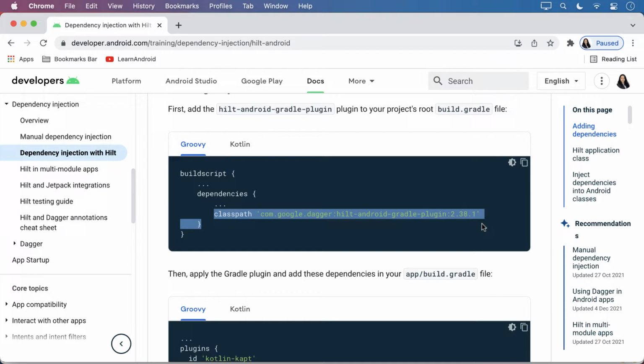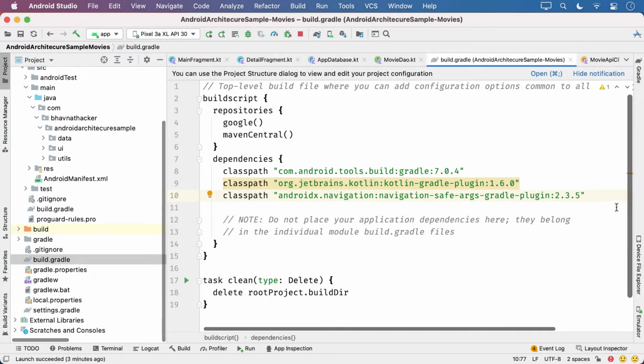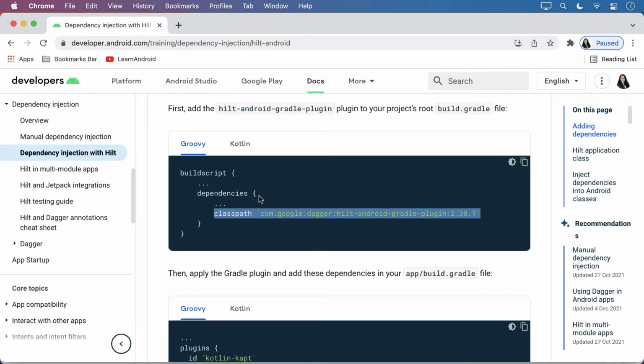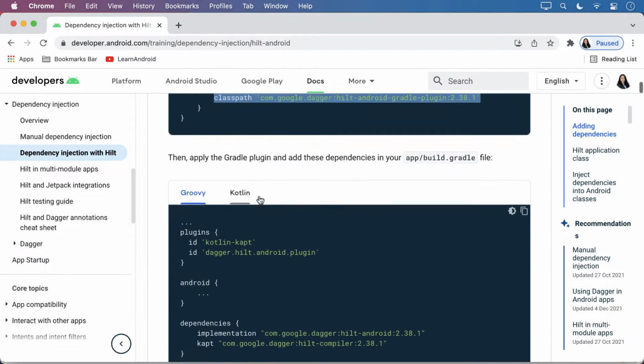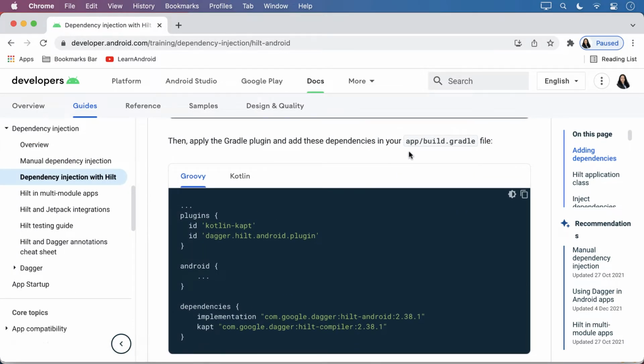So copy this, switch to Android Studio, and go to the root build.gradle of the project, and here I'm going to add the dependency. Next, go to the app module's build.gradle.